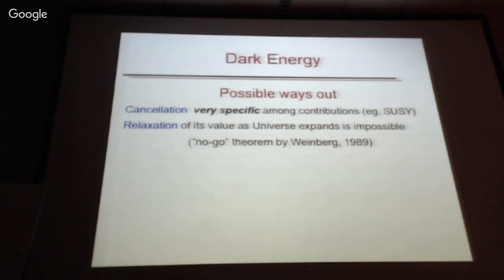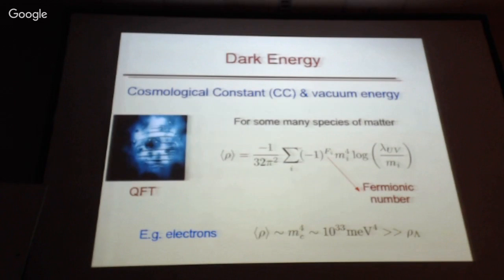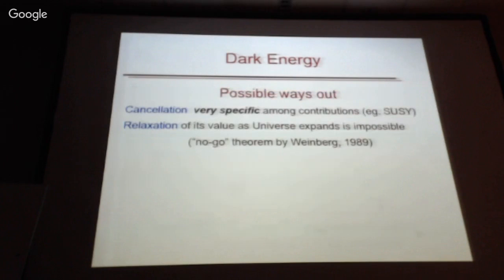So what are the possible ways out? Well, we can have cancellations, very specific cancellations among contributions. I told you that, for example, if you have fermions and bosons, they contribute with different signs. So supersymmetry, which you will see in this course, actually has that contribution of canceling things. However, we know that there is no supersymmetry at this energy scale. Here, there is no supersymmetry. Therefore, we still have a problem. So we can cancel a few orders of magnitude of the problem, which we still